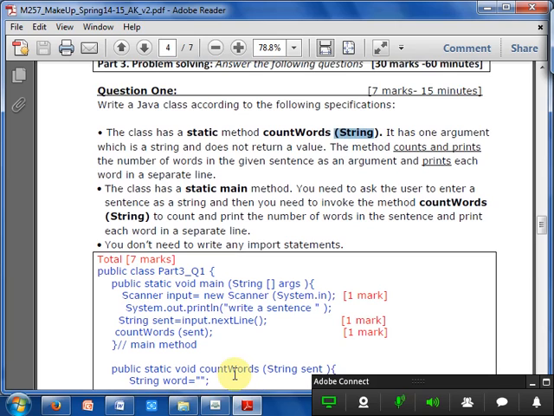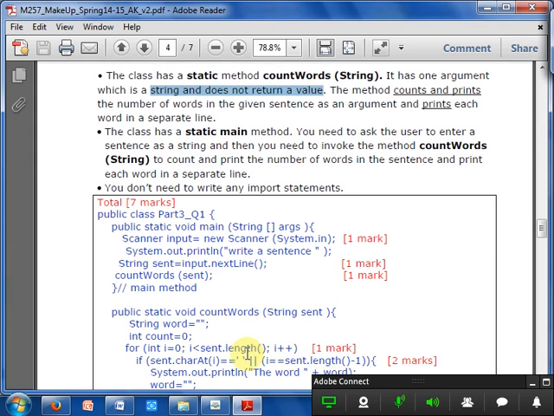Now here, write a Java class according to the following specification. The class has a static method count words of a string. So you have to write a static method. It has one argument which takes the string and does not return a value. There is no return type. So you write here public static void because no return, count words, it will take one string